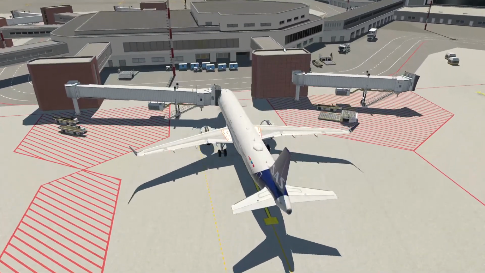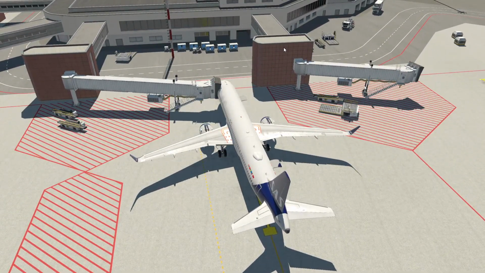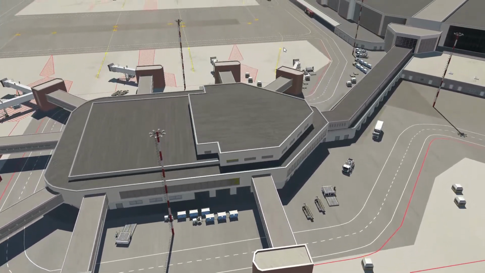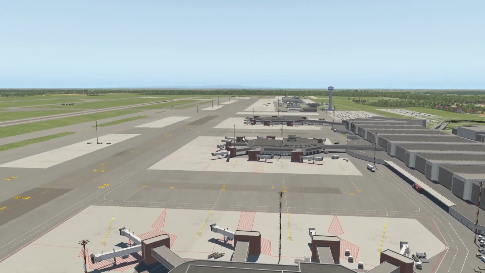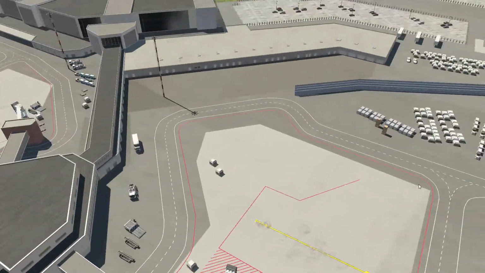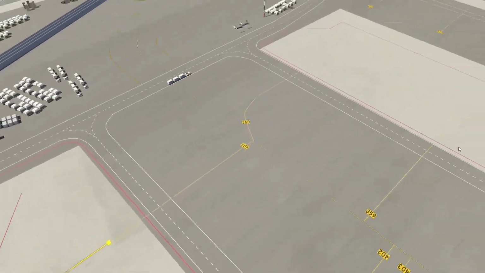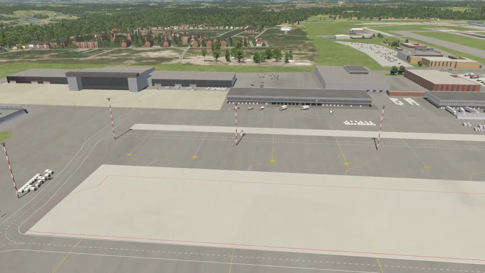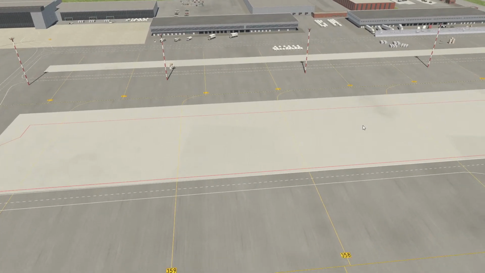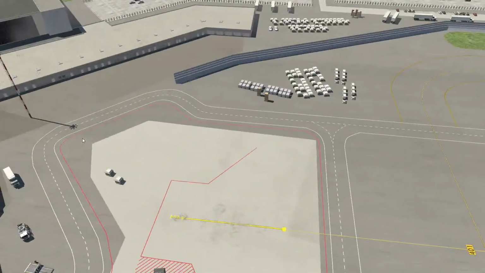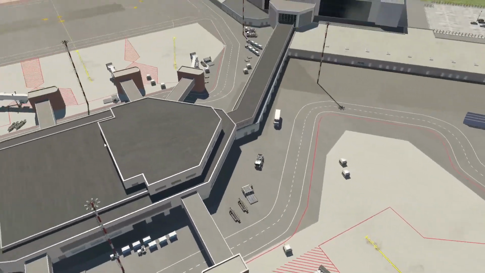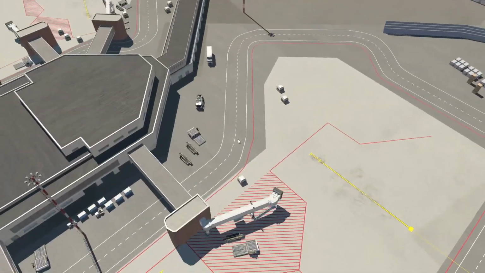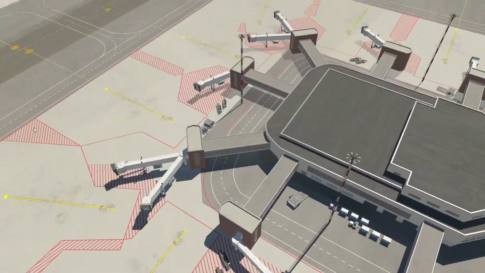Let's see. Yeah, this is definitely a gate, like I said, right? Let's take a look at up. This is one gate. What about this down here? There was something. You see, these are just normal parking stands. I'm not going to use them. I'm only going to use these where we have these sort of gates with